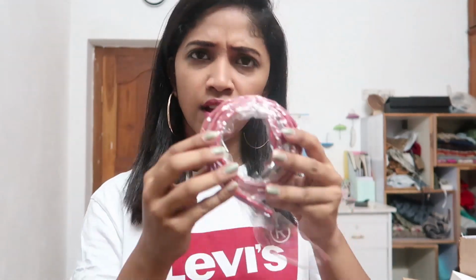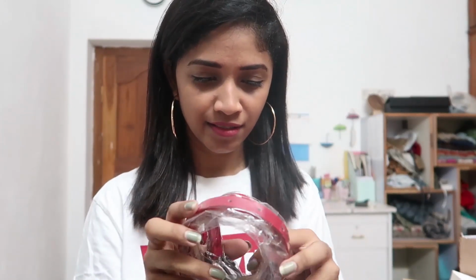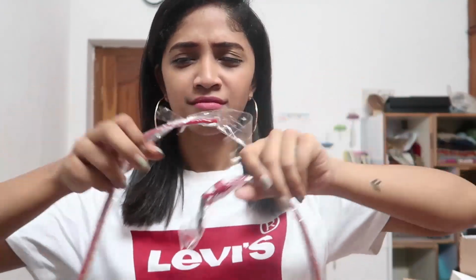The next thing I see here is a belt. Yeah, it's a red belt. Well, I can use this. Maybe. It's a good, fine kind of belt. So that's good. And the next thing I have here is